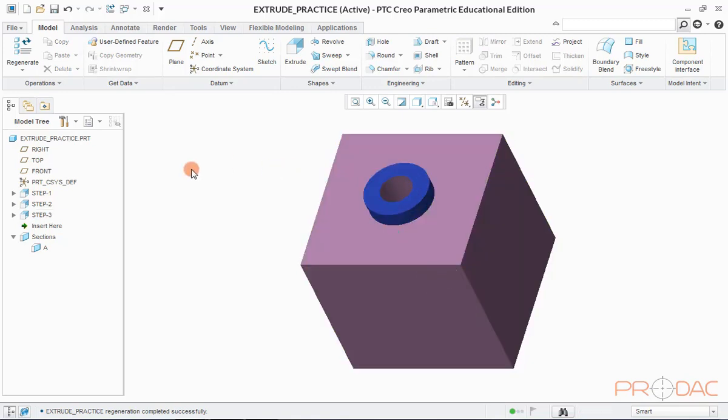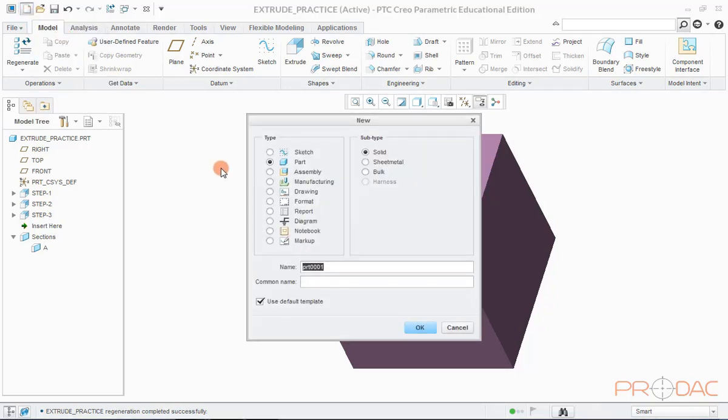Now, let us begin by opening a new part file. Since we are doing solid modeling, we'll go with default selection under Type and Subtype menu. Give file name as Extrude Practice.